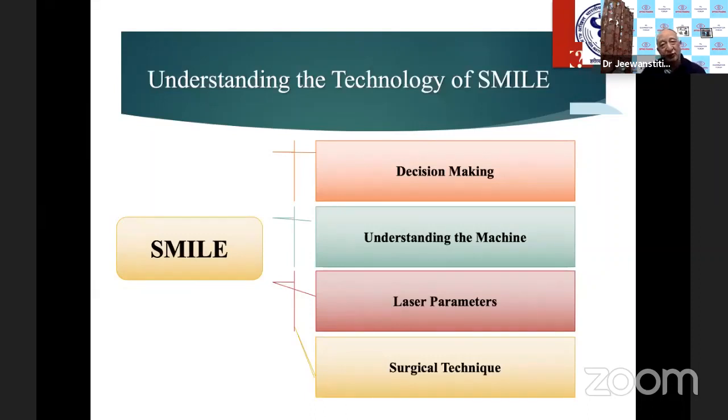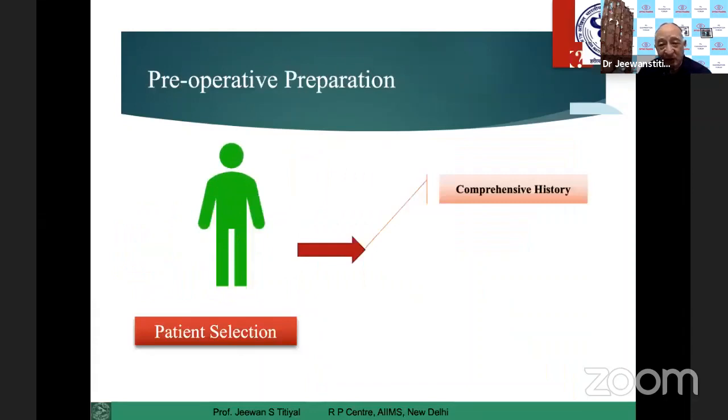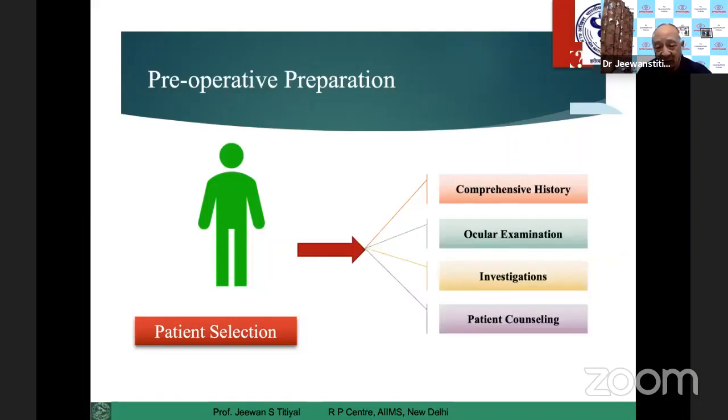Let me briefly cover the various aspects of refractive surgery in terms of selecting a patient. The first thing is decision making, which patients are suitable for surgery or which patients are not suitable for a refractive procedure. To understand a little bit of machine and laser parameters and the surgical technique. Patient selection wise, as Dr. Rao has rightly picked up, you need to have a good ocular examination and investigation, especially topography, to rule out hidden cases of keratoconus or first-stage keratoconus, so that these patients don't land up in full-blown keratoconus after the ablation of cornea.